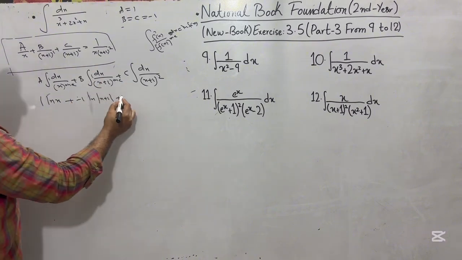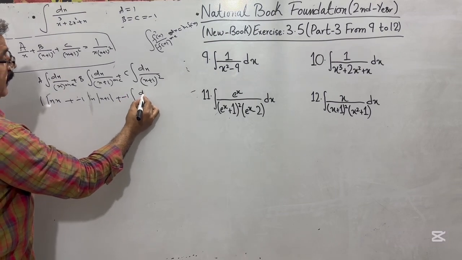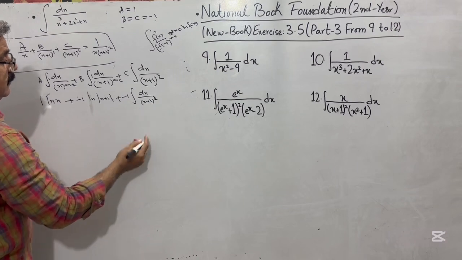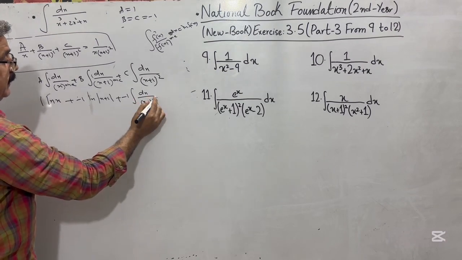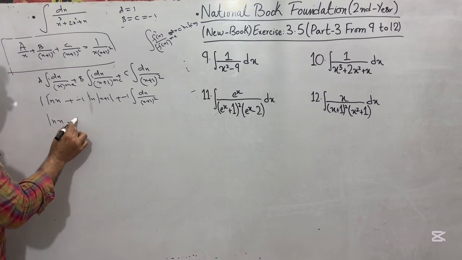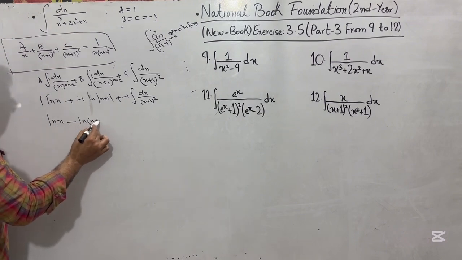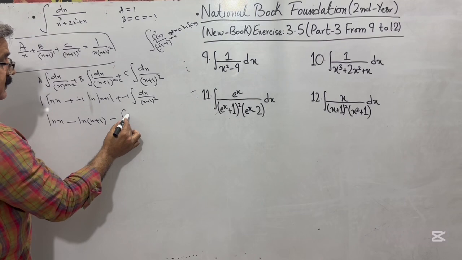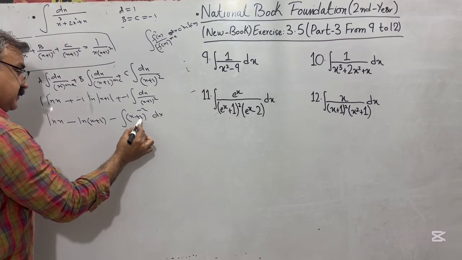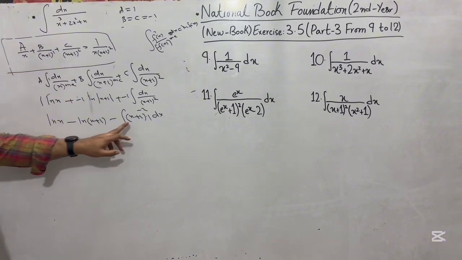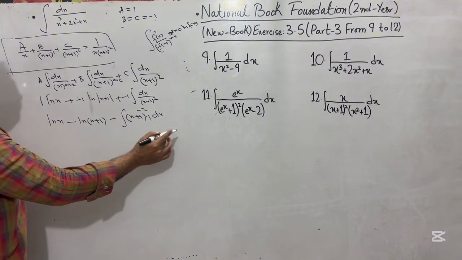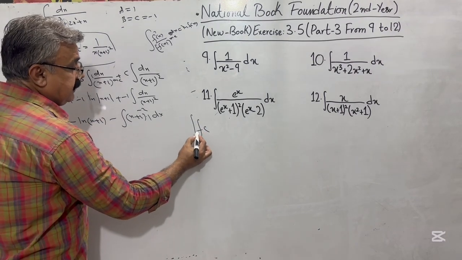Here, value of c is minus 1, no doubt, but we cannot integrate directly. Power is not 1, so we drag this function to the numerator. We have ln x minus ln x plus 1, and it will become minus x plus 1 raised to minus 2 dx. Differentiation of x plus 1 is 1, and 1 is always present here. Function derivative, add 1 to the power of the function. That is the case here. Integration of f of x